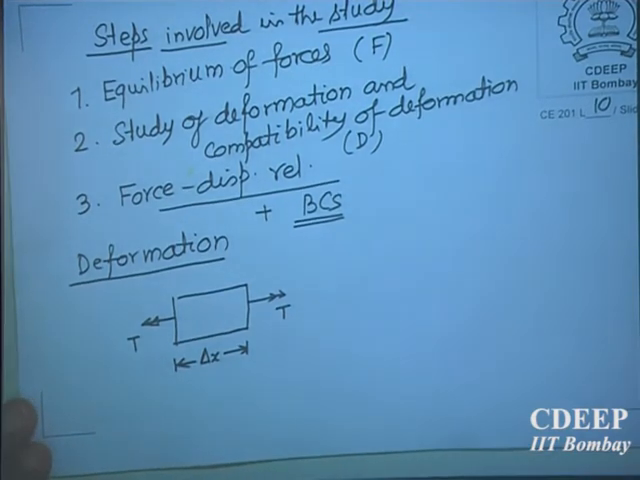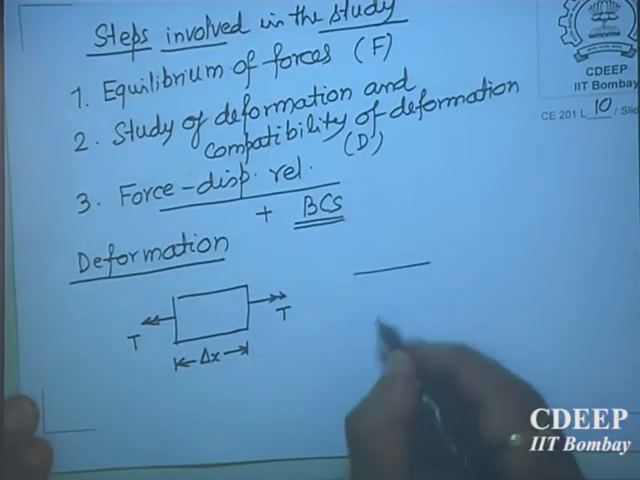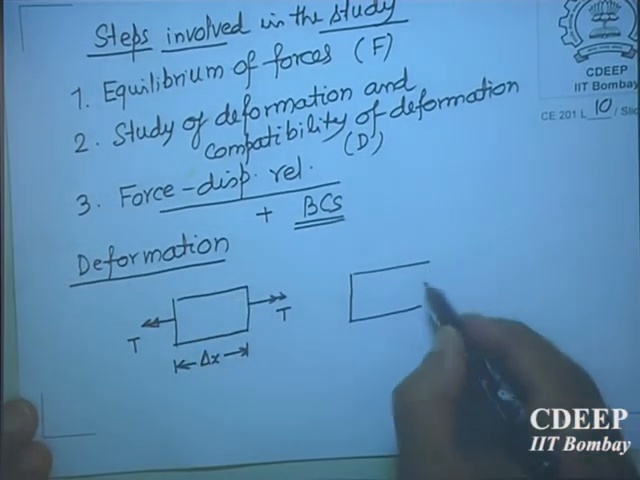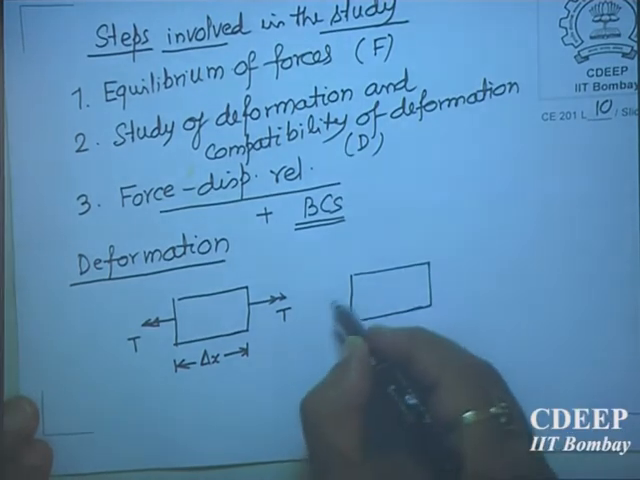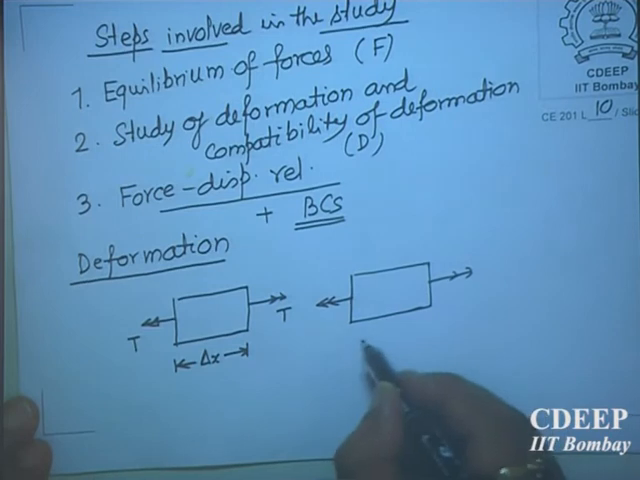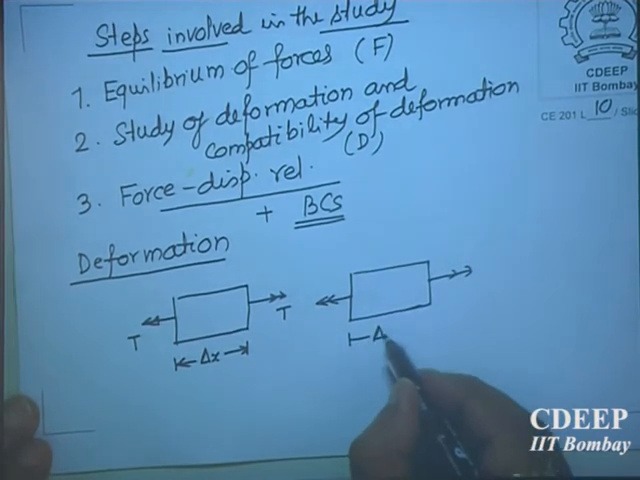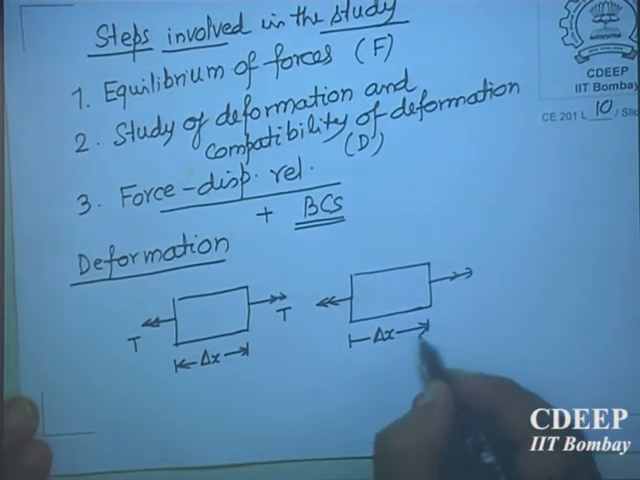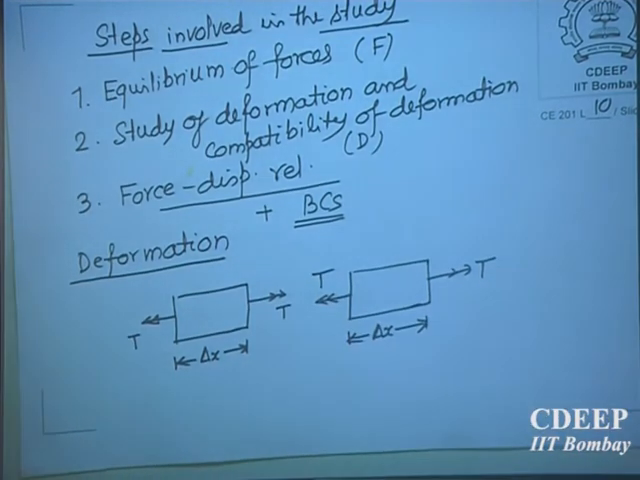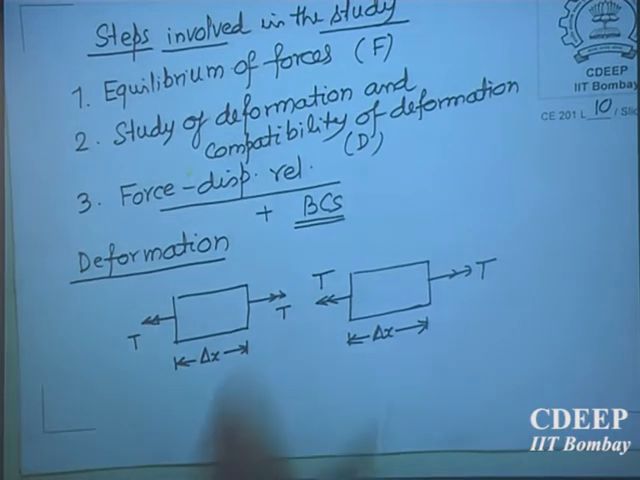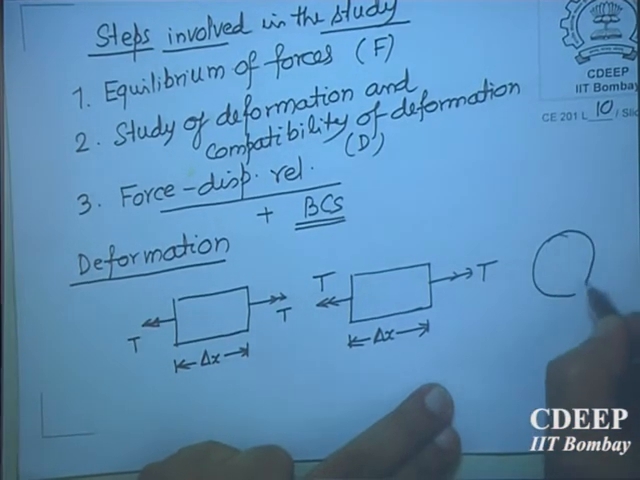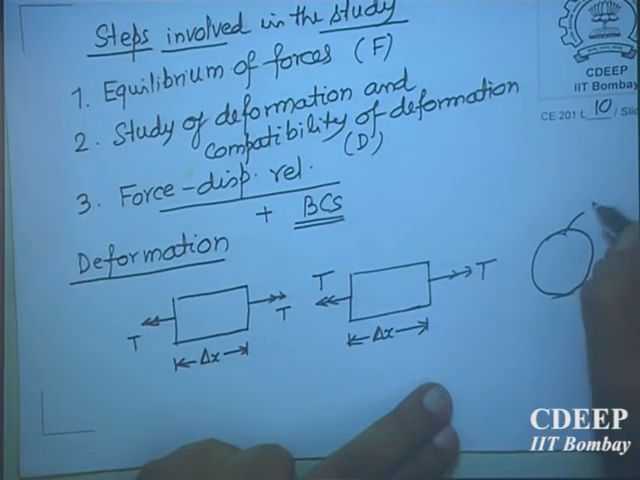I am calling this an element of length delta x. What happens to another delta x? You take a side-by-side element next to this. This is also of the same length, so the behavior of both must be the same. Now concentrate on this cross section. Originally the cross section was